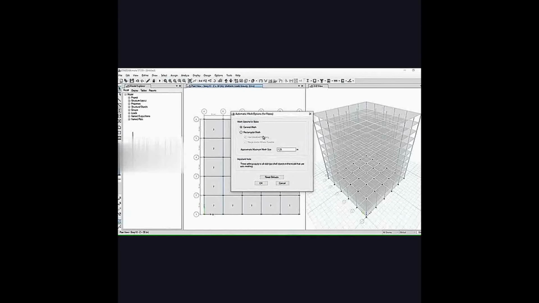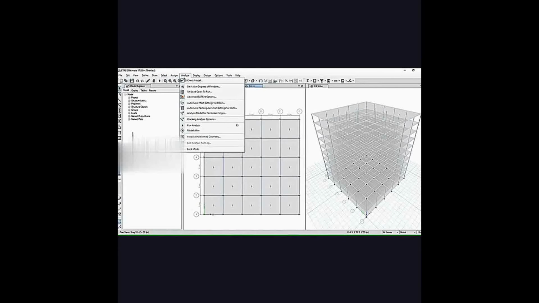Now we have to provide the mesh to the foundation. It is a combination of wires arranged in a square format. Now we have to analyze the whole prototype.